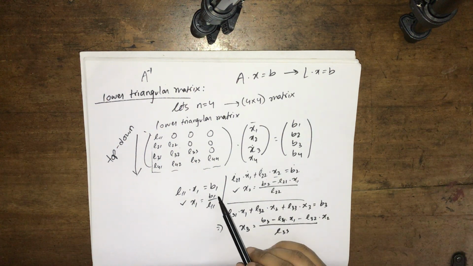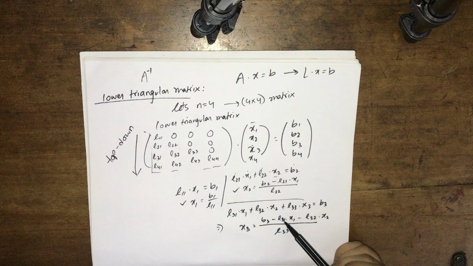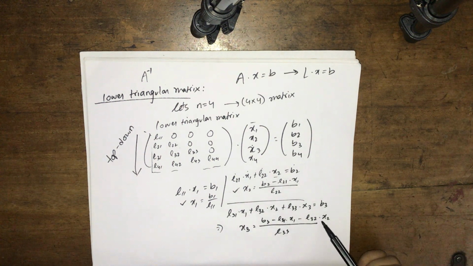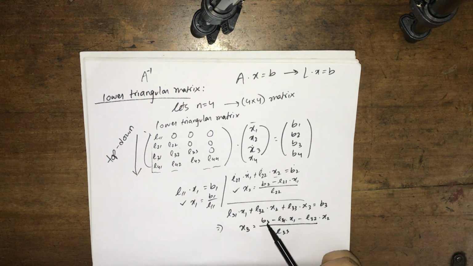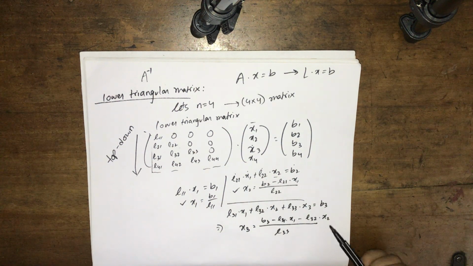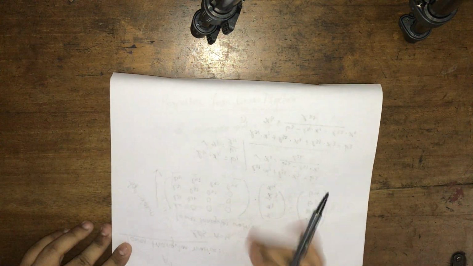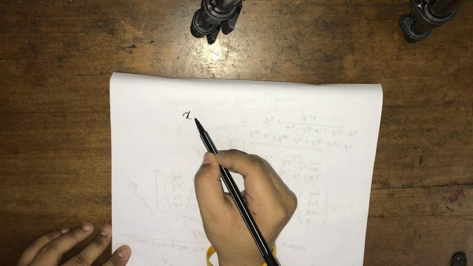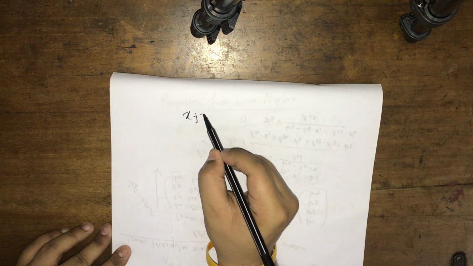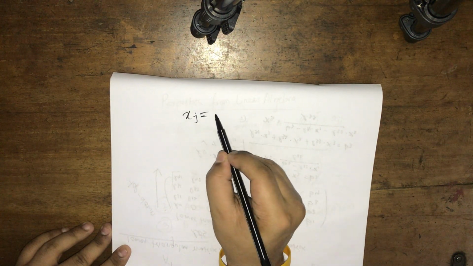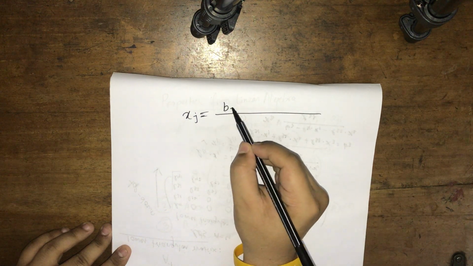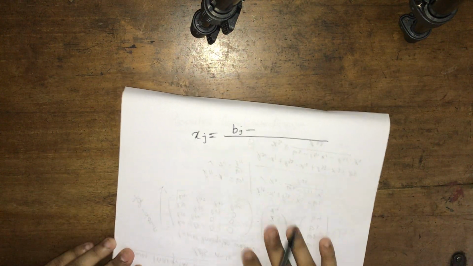For this one it's 0, for this one it's minus L31 into x1 minus L32 into x2. It goes up to 2. So if we want to represent this in mathematical notation, each and every variable xj can be represented as bj minus